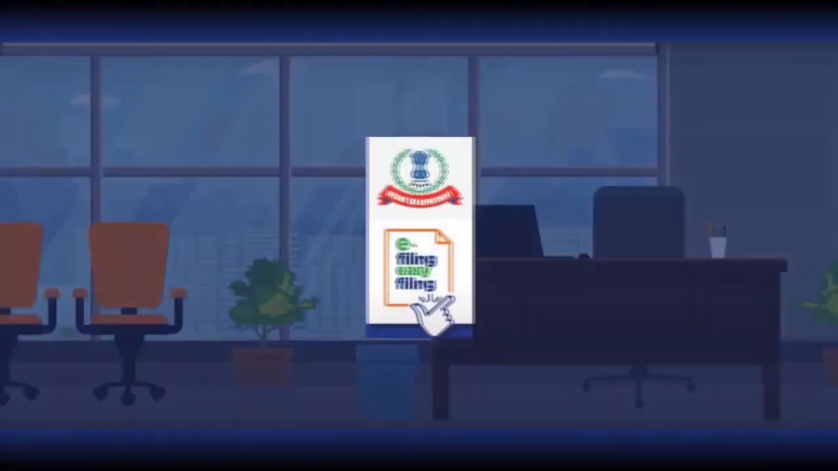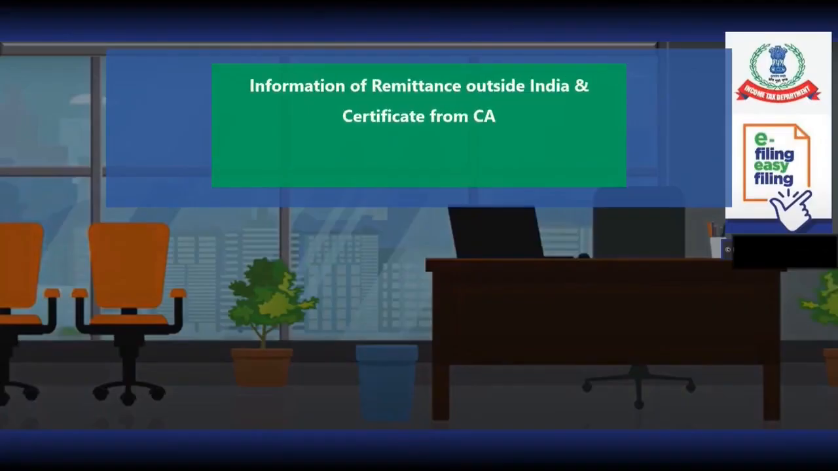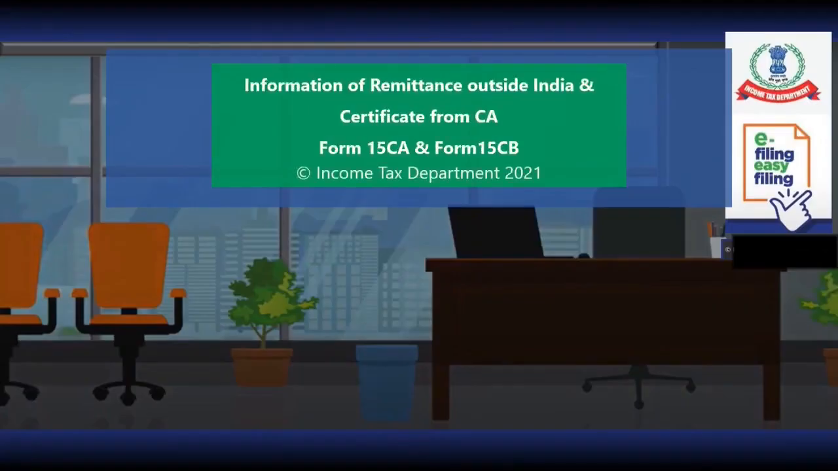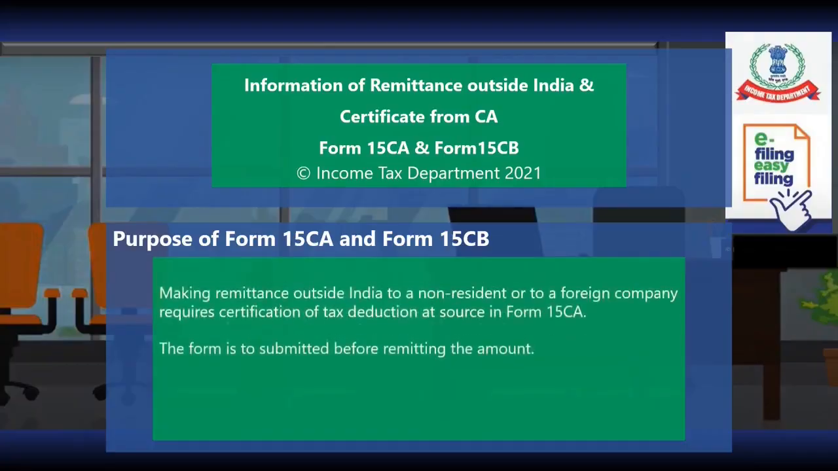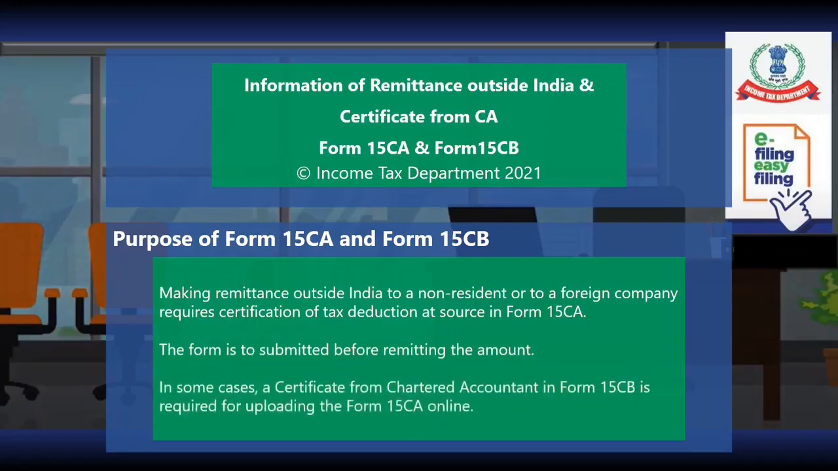This video is on submission of information of remittance outside India in Form 15CA and Form 15CB. Form 15CA is required to be submitted before making remittance outside India to a non-resident or to a foreign company. It is a certification of tax deduction at source which is required to be filed in Form 15CA. In some cases, the certificate from Chartered Accountant in Form 15CB is required to be filed along with Form 15CA